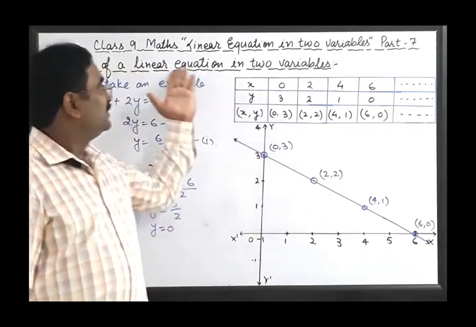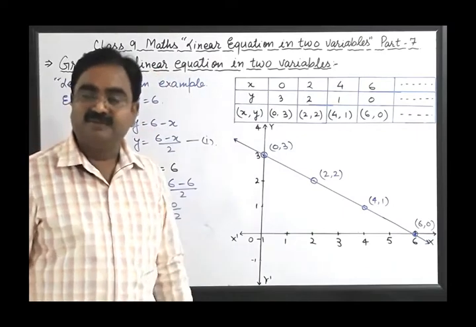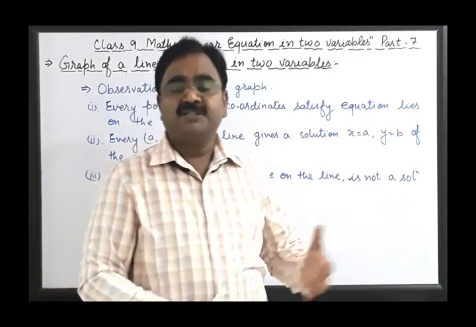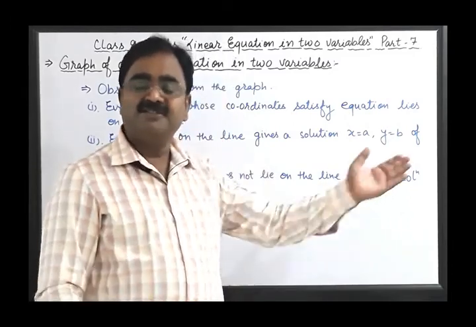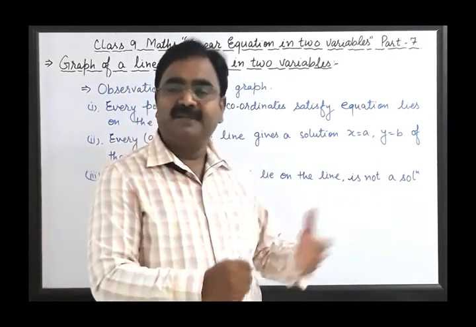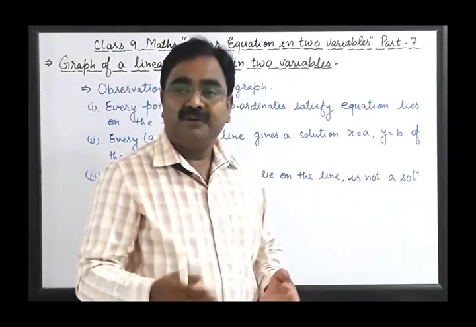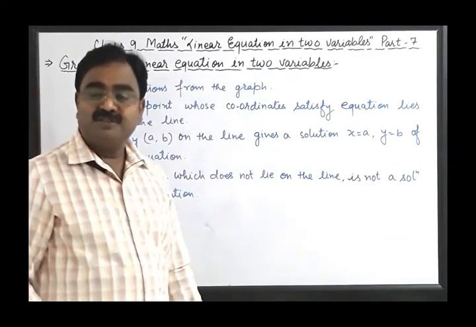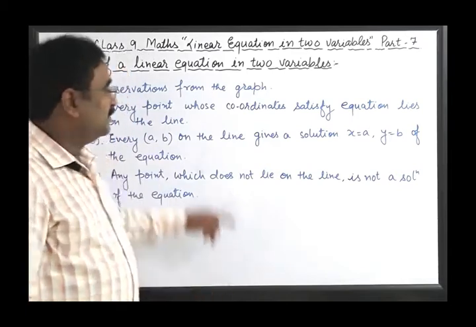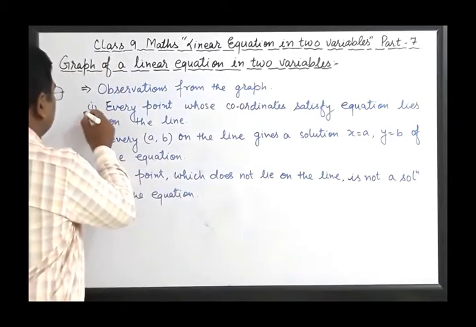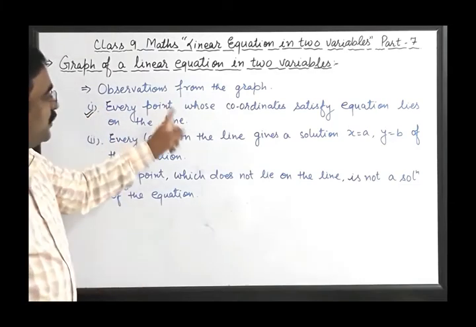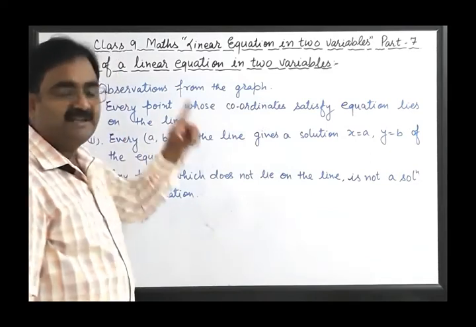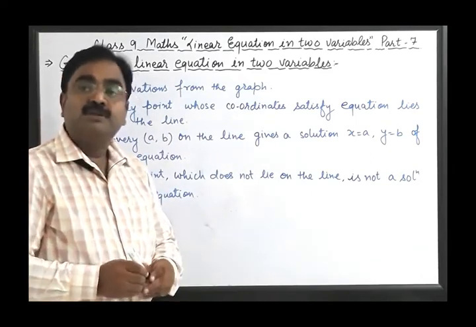ठीक है बच्चों, सो दिस इज ऑल अबाउट द ग्राफ ऑफ लीनियर इक्वेशन इन टू वेरिएबल्स, राइट। आफ्टर प्रेजेंटिंग these coordinates on the Cartesian system, on the Cartesian plane, we got few observations from this graph. What are those observations that you have to note down? The first observation is, what is the conclusion? Every point whose coordinates satisfies the equation lies on the line. Means the coordinates